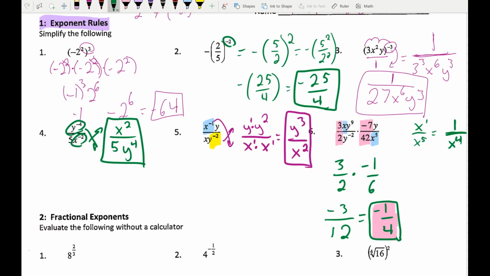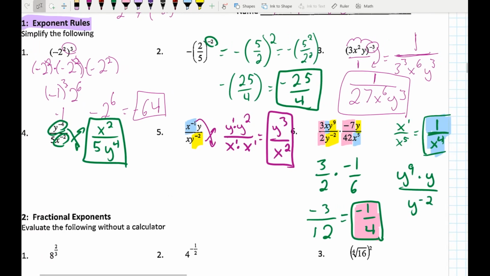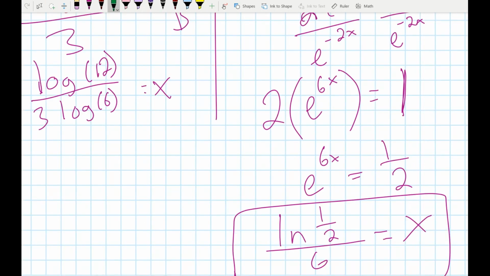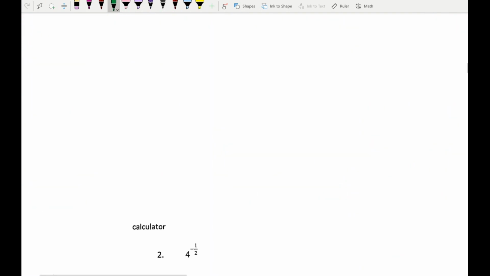All right, at this point now, we have finished with the x part. I want to do one last section, which is the y's. We've got y's in 3 places. So as we put this together, we're going to say y to the 9th times y over y to the negative 2. And we did mention that y to the negative 2, when we have that negative exponent, it's going to be the same as if we flip